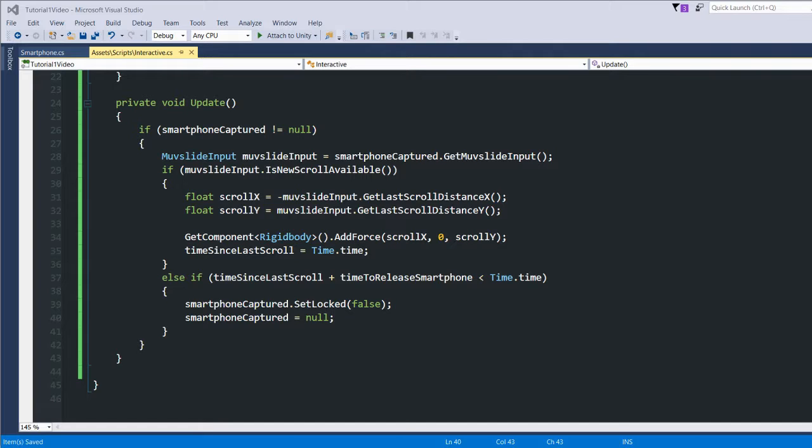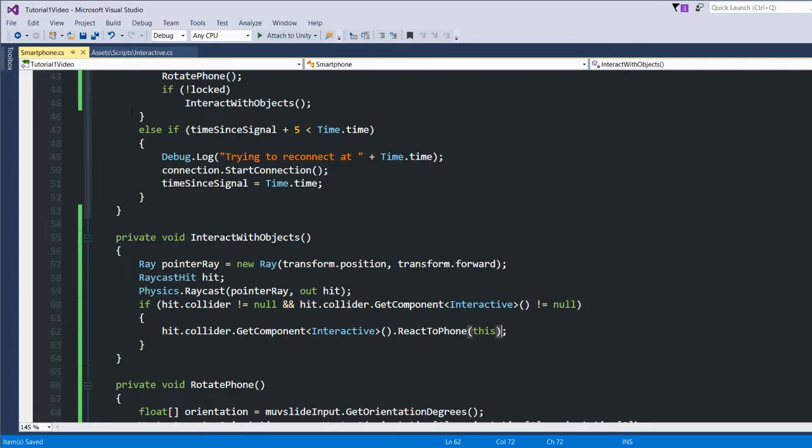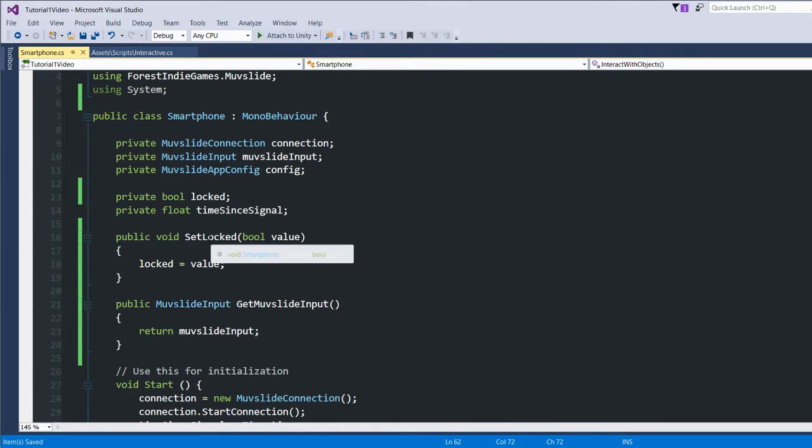little more interesting. Okay, so first of all, I'm going to change this set locked. I'm going to remove this. Well, actually, let's change the name and call it capture by object. I'm not sure if the name is good enough. I'm just trying to say that some object that is a transform in Unity is locking it. Okay, so